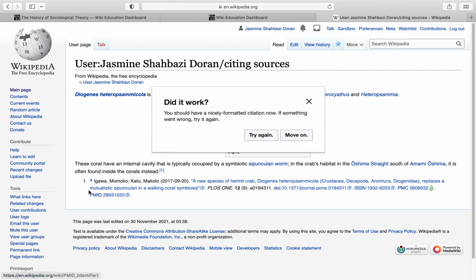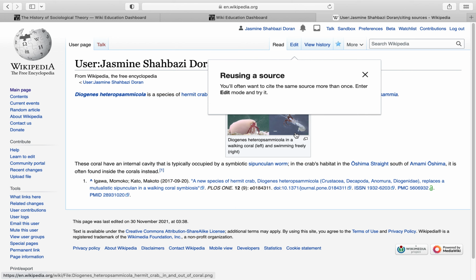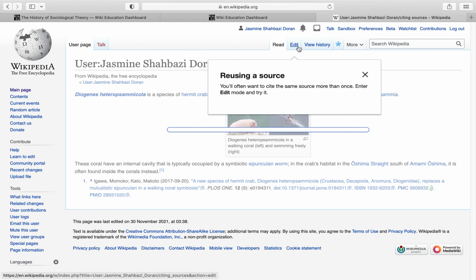So let's see. We have an inline citation. So we have our one, and it is connected to this citation down here. So that looks pretty good. So we're going to click Move On. Feel free to try it again. So reusing a source. You'll often want to cite the same source more than once. So enter edit mode and try it. So again, we're going to go here. Enter edit mode,